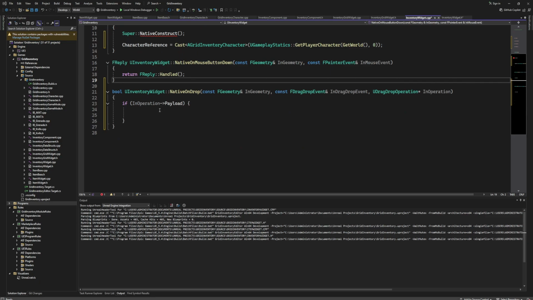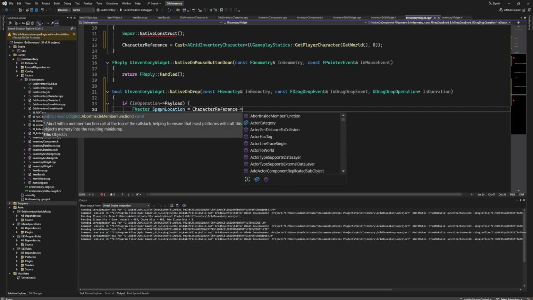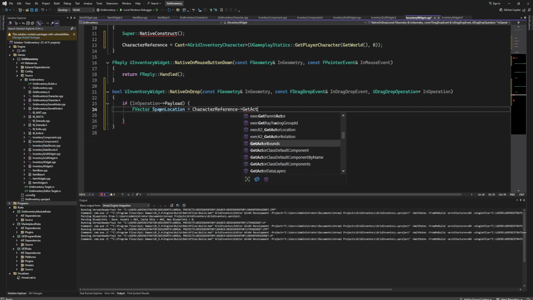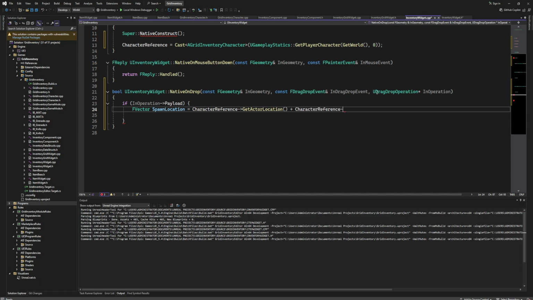Now we can declare a variable that will be our spawn location, and we need to do a simple calculation. We are going to get the character reference and call the GetActorLocation function, and we are going to add it to the character reference and then GetActorForward